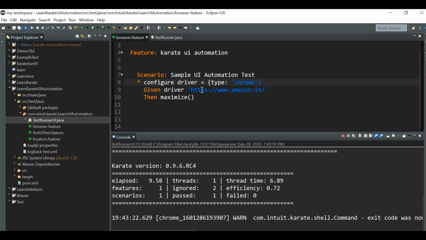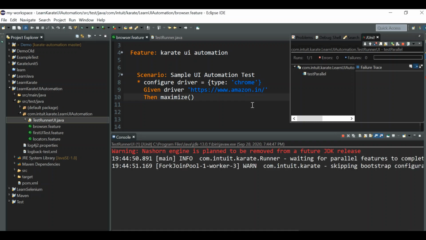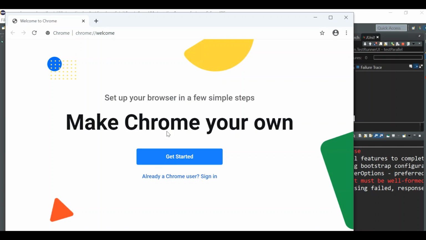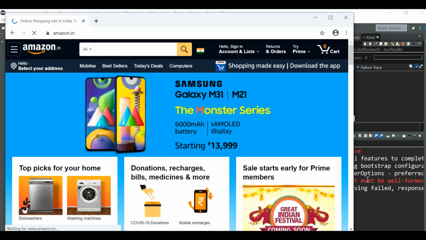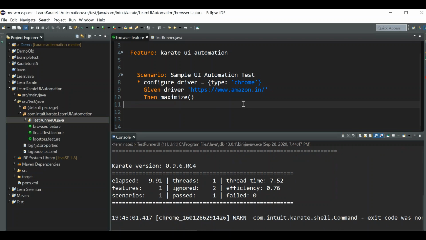So in this case, what is actually happening is it uses the native Chrome integration. So it will take the Chrome browser from your installed Chrome browser location. Okay, you can also notice one thing: when the Chrome browser is launched, that is not actually our normal Chrome browser. You can see some change in the window, right? In Chrome you're on. So it is actually using the native Chrome browser integration. So let's go to their documentation.